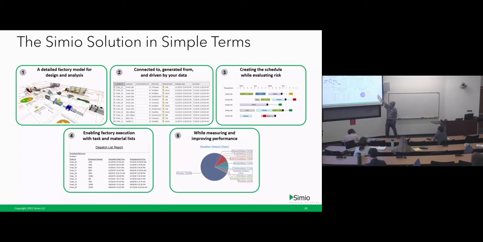And by the way, this is one of the things that we didn't talk about much in class, this notion of risk evaluation, right? So that's the R when we talk about Simio RPS, risk-based planning and scheduling. We've only done the scheduling part. We never got to the actual risk part.